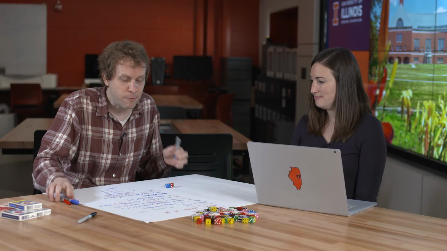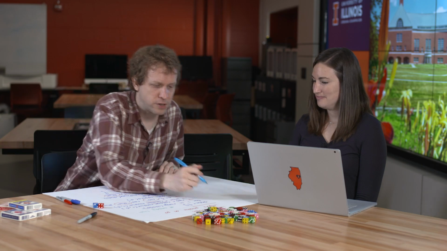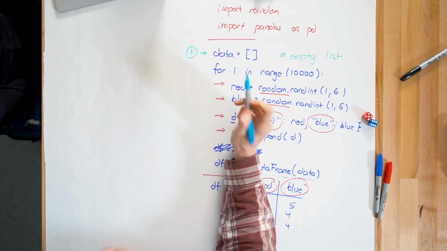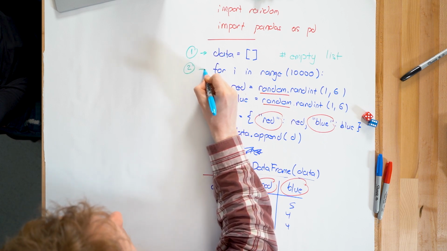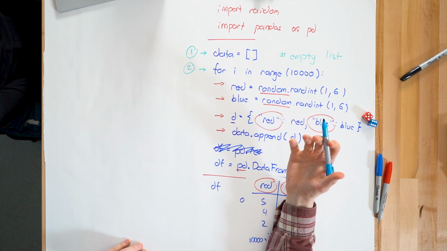So in summary, I want to wrap up this whole thing and think about this as a simple recipe. There's always going to be 6 steps that we follow for every single simulation, no matter how simple or how complex the simulation gets. The first step is always creating an empty list that's going to store our data. The second step is always creating a for loop that's going to loop around as many times as we want to do the simulation.